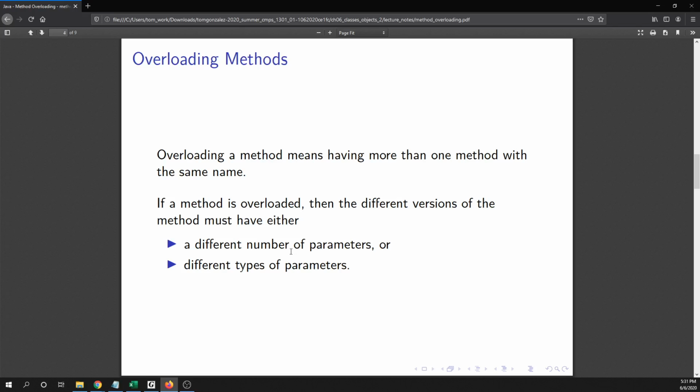Okay, so if you have two methods with exactly the same name, they have to have either a different number of parameters, like maybe one has 2 parameters and the other method has 3, or if they have the same number of parameters, the types would have to be different. Okay,